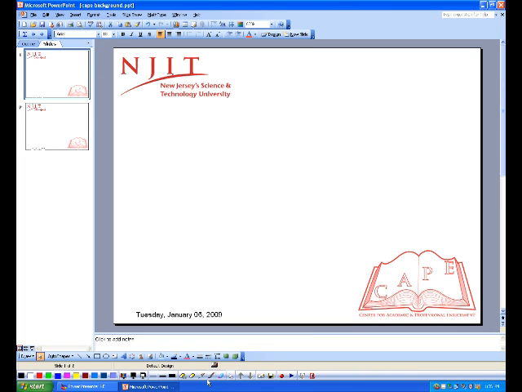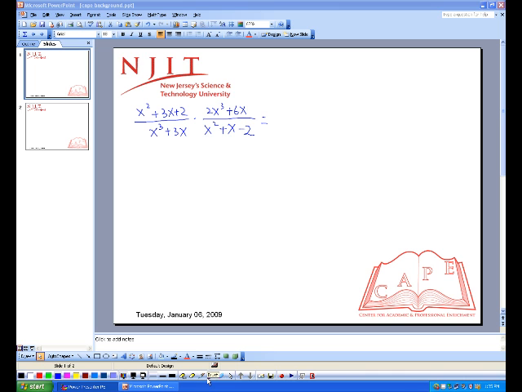My name is Tao Ling and I'll try to explain to you how to do multiplication and division of rational expressions. So let's look at an example. So here we see two fractions of polynomials multiplying. Okay, so we want to find out what's the